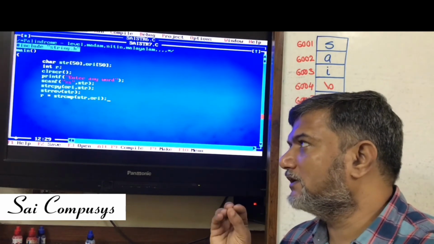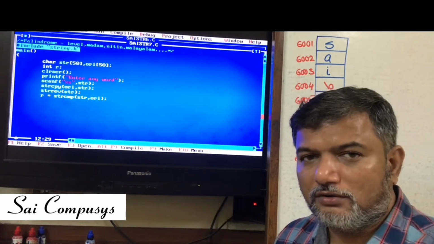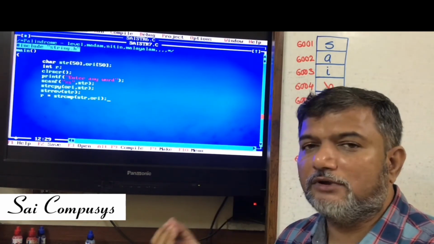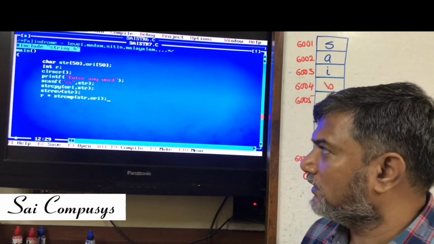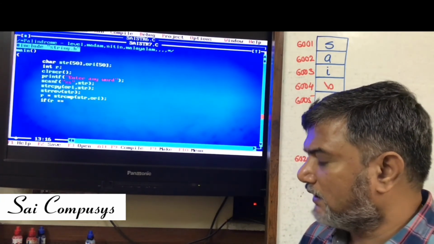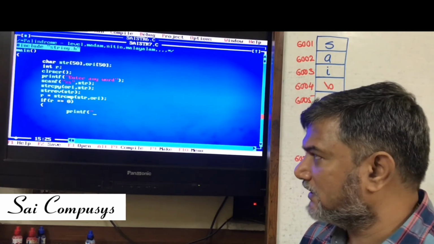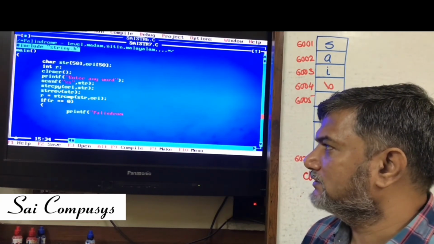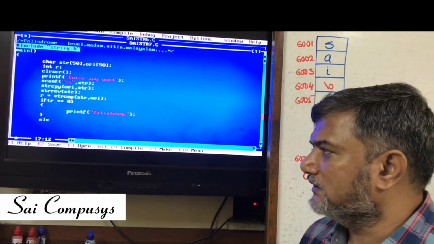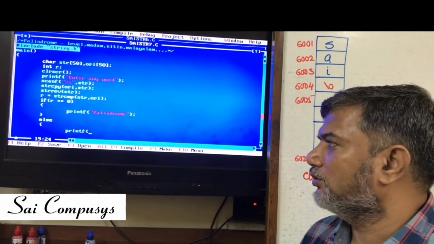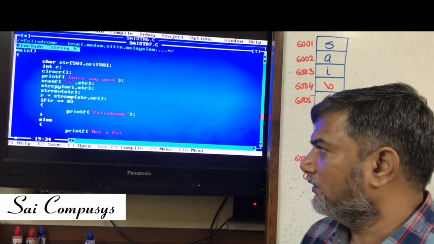Now I am interested whether they are same or not. When the strings are same, it will return a value 0. So here I have to write, if r is equal to 0, that means both the words, original and reversed, are same. I'll say that the entered word is a palindrome, and if it is not same, then I'll simply print over here it is not a palindrome.